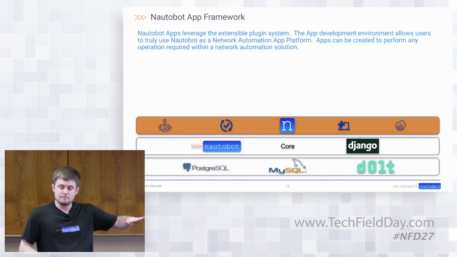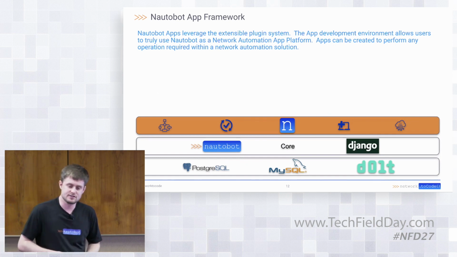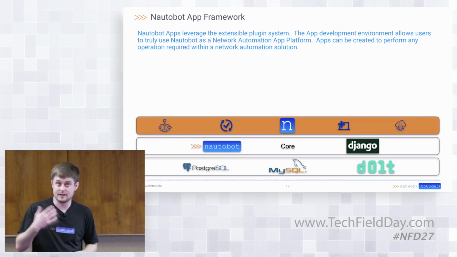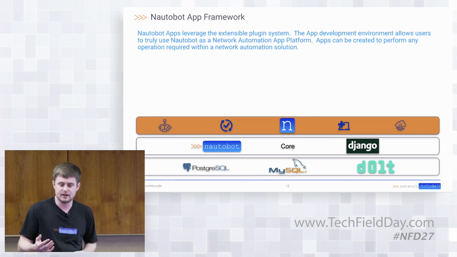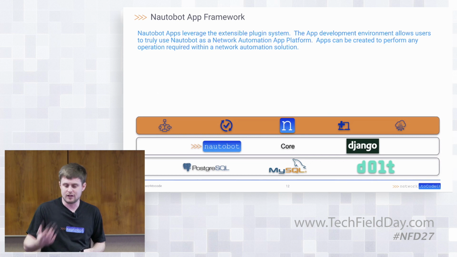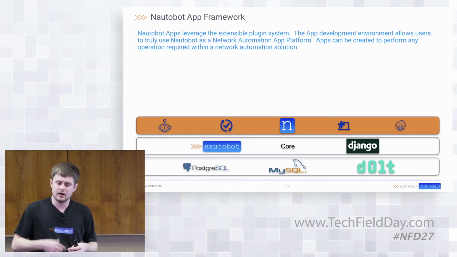So on top of core, we installed these applications, and Nautobot apps are in fact just an abstraction on regular Django applications, but there's a specific app framework set of libraries that core extends that you as an application developer would make use of.